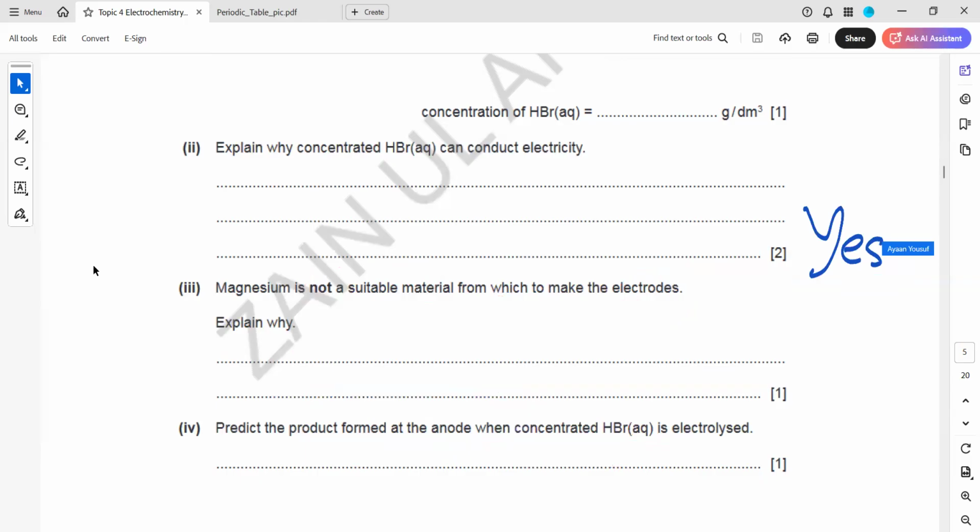I have a question about magnesium. Sure. Why is magnesium not a suitable material? How would we know that magnesium can conduct electricity or not? We know that all metals are good conductors of electricity. So magnesium, when you check the periodic table,